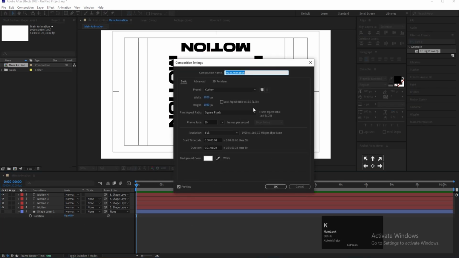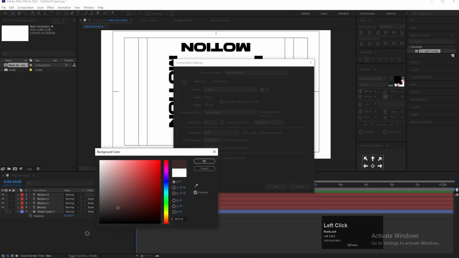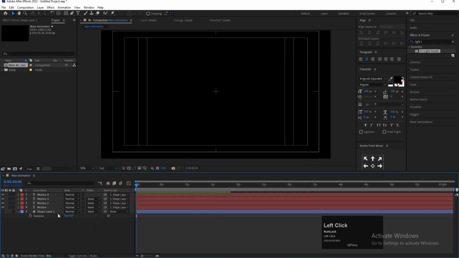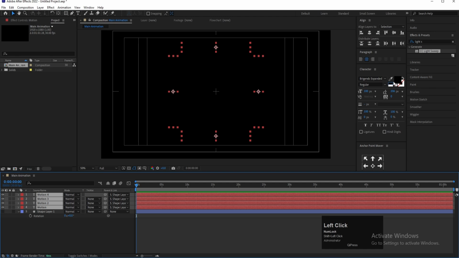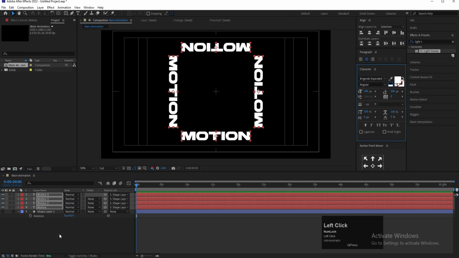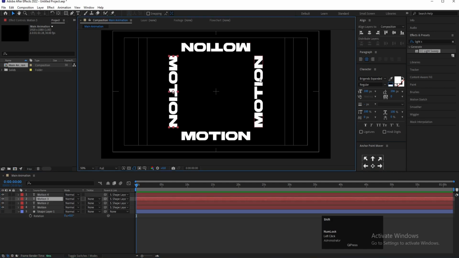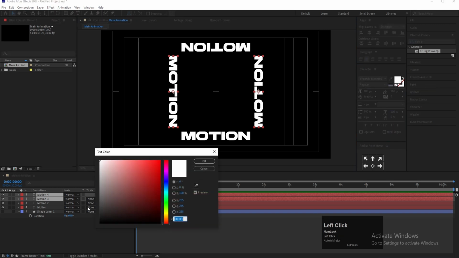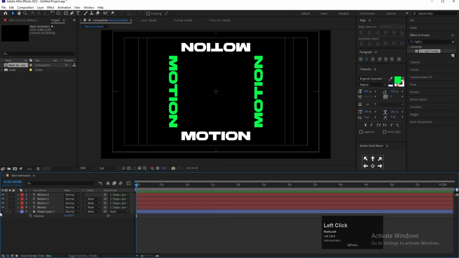Then hit Ctrl K to open the project settings and I'm going to choose black color like that. Select all the layers and let's choose white color for this text. For this and this one, I'm going to choose neon green color like that. Now, what I'm going to do,